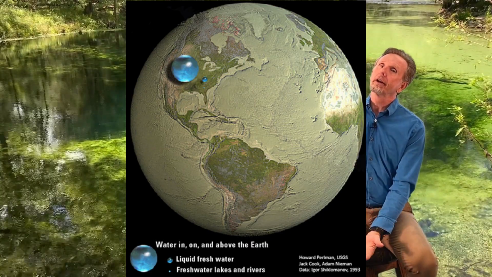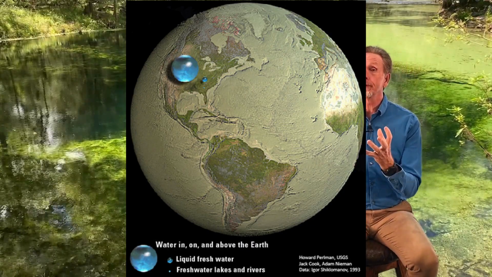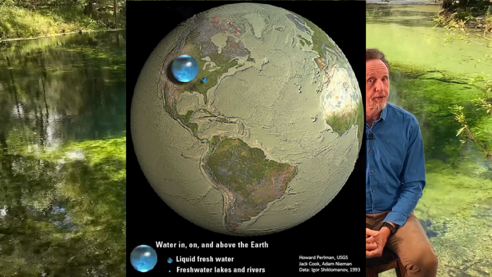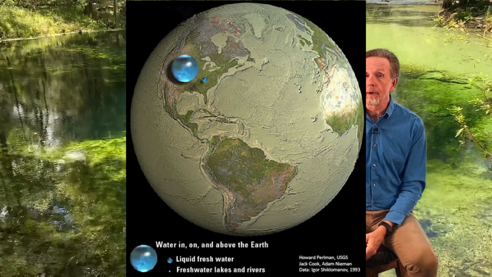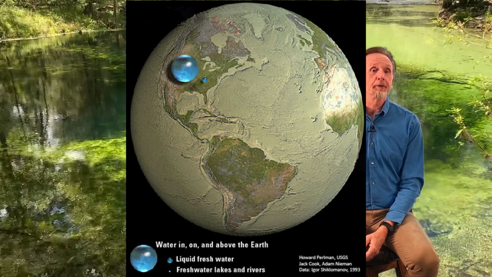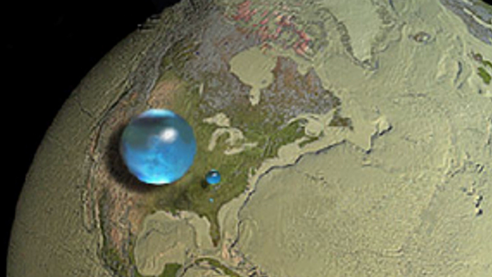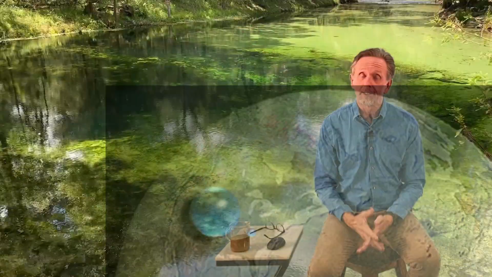Well, it'd also be 1,600 kilometers high. But once again, we take it all, we put it into one globe, and it fits inside of the United States. That little one beside it is the liquid fresh water. And there's another teeny tiny one, we'll try and zoom into it, and that's the freshwater lakes and rivers. When you look at it on that scale, it doesn't look like so much.